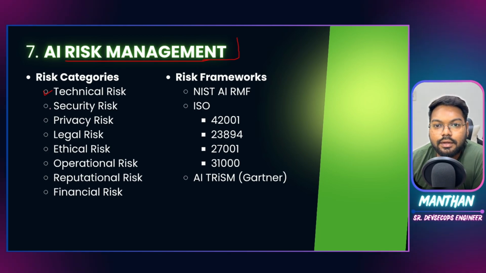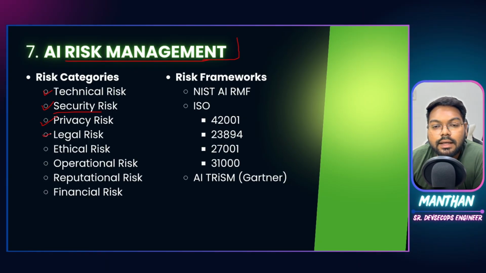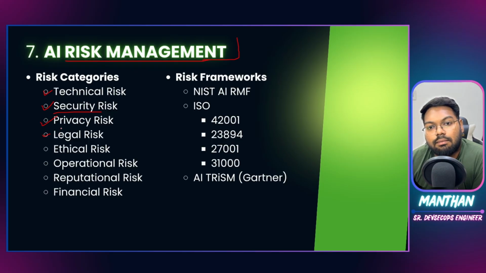Then security risks are there. Someone could steal, someone could try to tamper with it, someone could try to break it. That is a kind of security risk for applications and data as well. Privacy is again one of the most important factors for sensitive data. And then legal risks are there, that someone might be stealing some data for any legal aid, and then someone could do anything with it.